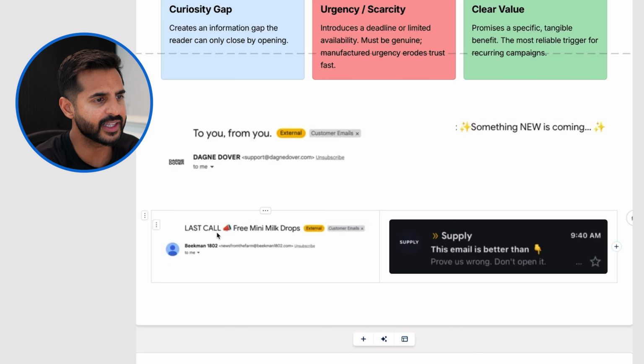This one right here says last call, free mini milk drop. So last call basically in all caps with an emoji. That definitely stands out in the inbox because of the urgency that's instilled there. And then this one as well says this email is better than, with a down pointing emoji. And I also like the preview text here that says prove us wrong, don't open it. So it's kind of like psychologically telling them not to open the email, and that makes people want to actually